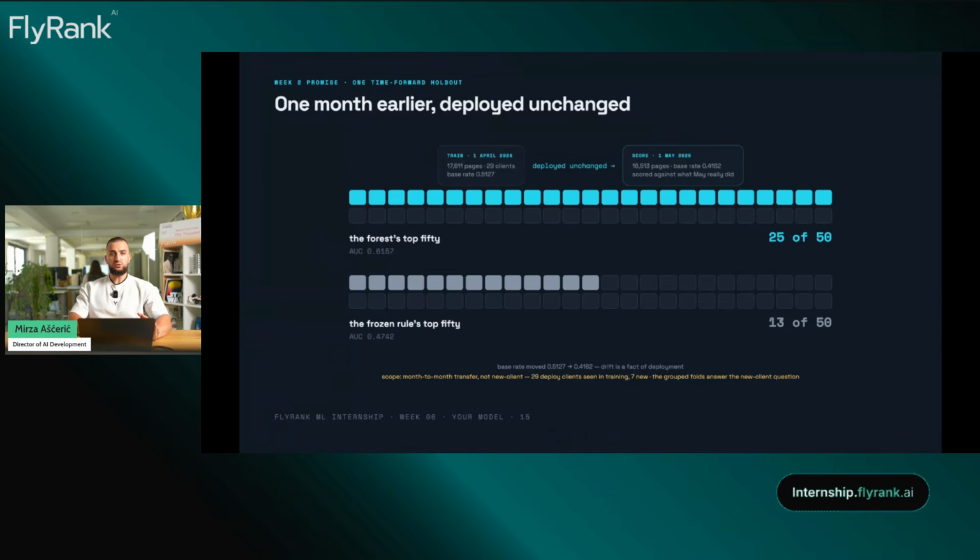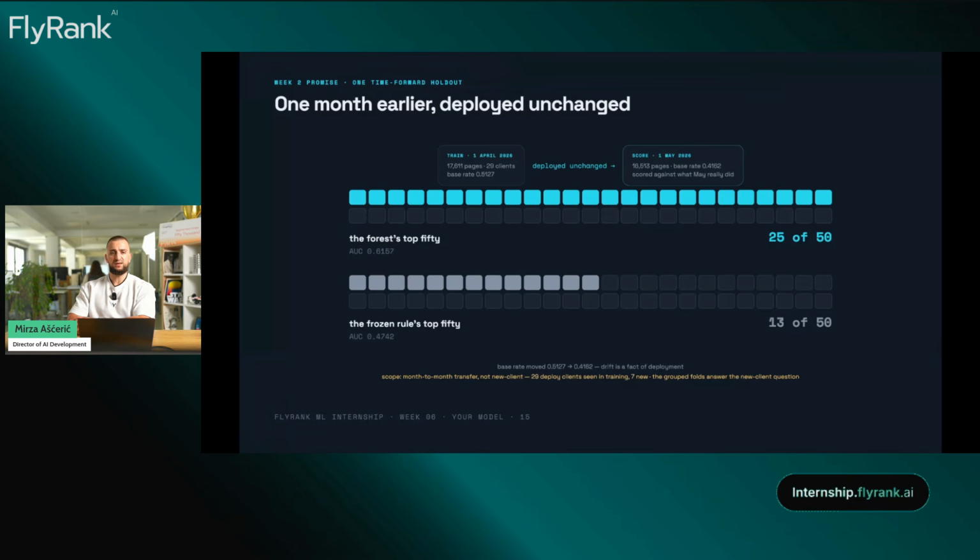Now, let's do the check we told you about in week 2. I promised to show you how to split the information the right way, and that is in weeks 5 and 6. Week 5 showed the grouped part, and here is one test that looks forward in time. You train it earlier and use it in the same way and see what really happened next. A full test like this repeats it for many decision times. We have one here. So we trained the same plan on April 1st.